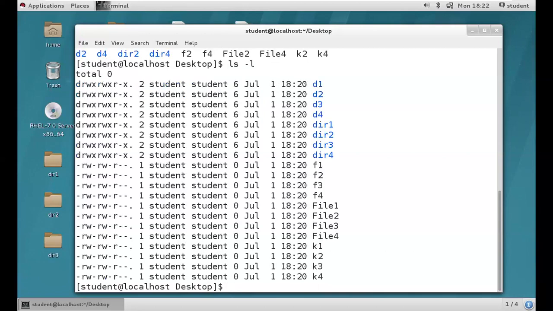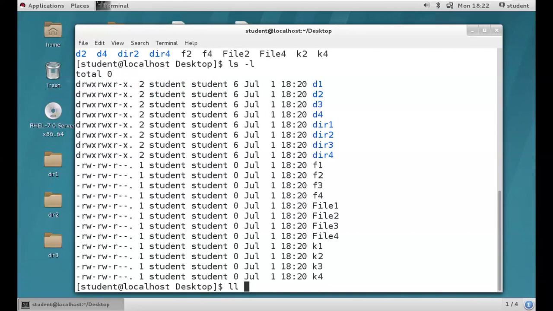Then hit enter. See, guys, you're going to get the properties with the file name. Those are all the metadata we get for a particular file. Got it, guys? ls hyphen l.